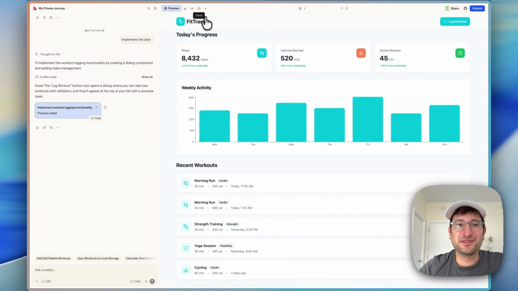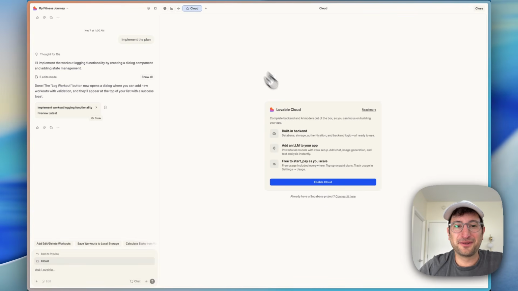The next thing that you need to know is about Lovable Cloud. So Lovable Cloud is going to give you a built-in backend, add the ability to add LLM AI models to your app instantly without having to have an OpenAI key, and it's free to start, and then you can pay as you scale. So you can enable the cloud, but before we do that, there is a bonus thing that you need to know